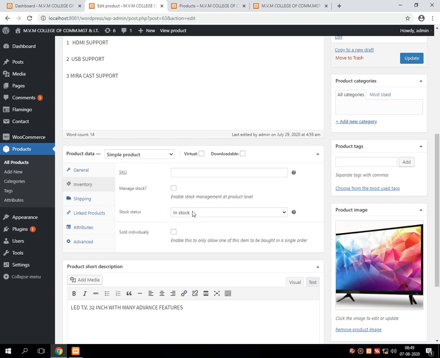In inventory, it contains 4 sections like SKU, it's a text box, manage stock, it's a checkbox, stock status, it's a drop down which contains the two values, that is in stock and out of stock, and the last one is sold individually, it is again a check mark. Now every one of these options has its own functionality.